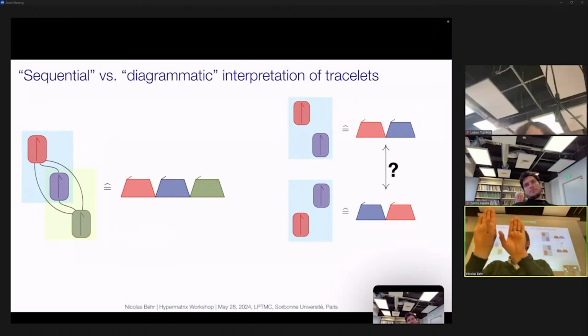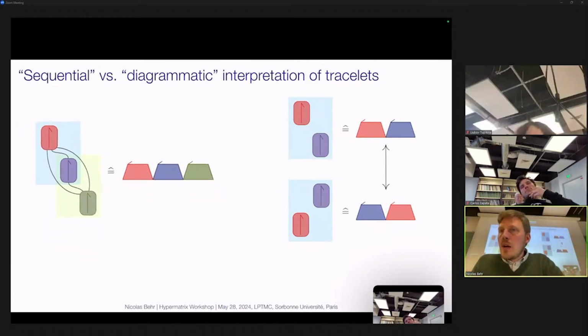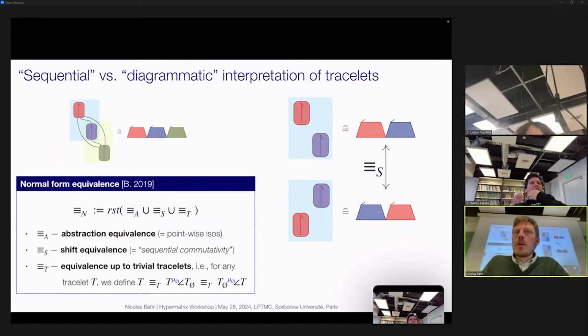So we want to somehow have a notion, pictorially, you want to be able to write diagrams next to each other rather than artificially keeping some order, right? And on top of that, we usually are not interested, especially if you go into Markov chains over graph-like structures, you have to go to isomorphism classes, it turns out. So in particular, we are not interested in isomorphic representatives of a minimal sequence. And if you plug all of that together, the equivalence by representatives on each graphical structure, the equivalence by what's called the shift equivalence.